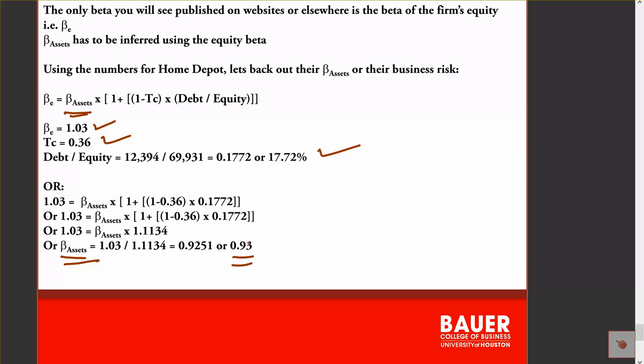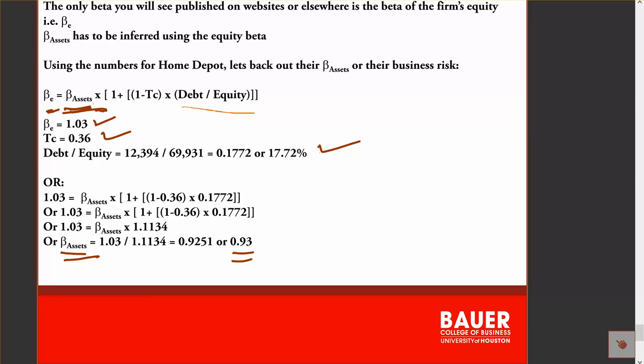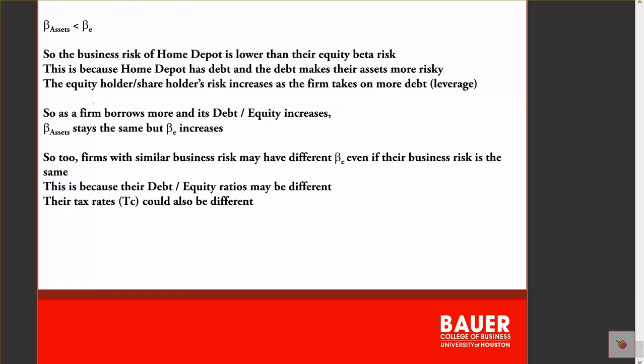Always remember this, the underlying business risk can never be greater than the equity risk. The equity risk can be greater than or equal to this, because even if the firm has 0 debt, and so they have no financial risk, even if this is 0, they still have some business risk coming from their beta of the assets. Okay, so with that, we finish the